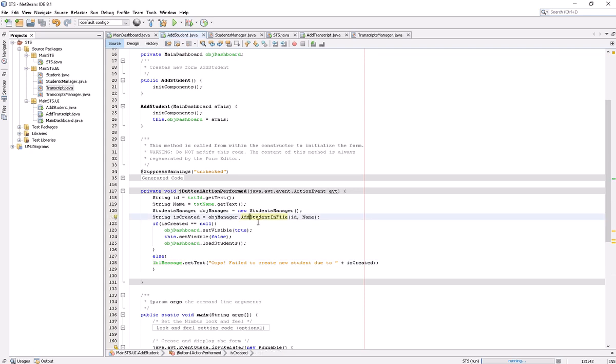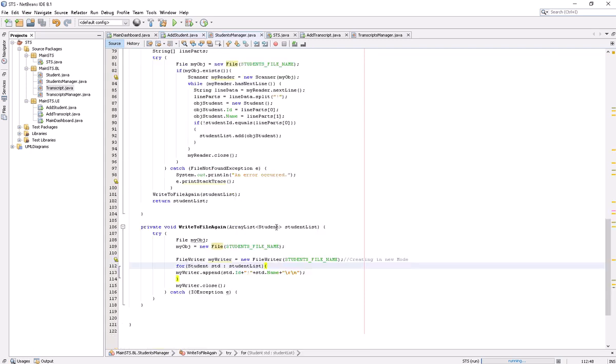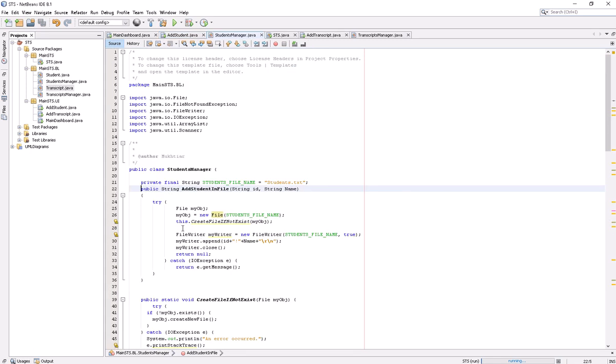Now let's go to the add student in file method. Over here you can see that I have just opened the file object. It is a good approach to define constants for whatever you are using in the file. You can see I am using my constant and some other method as well. So if I change the name of the file, it will be changed everywhere easily. That's good for maintenance. You should follow these practices.